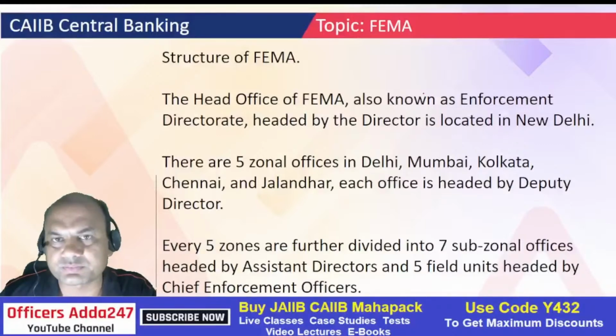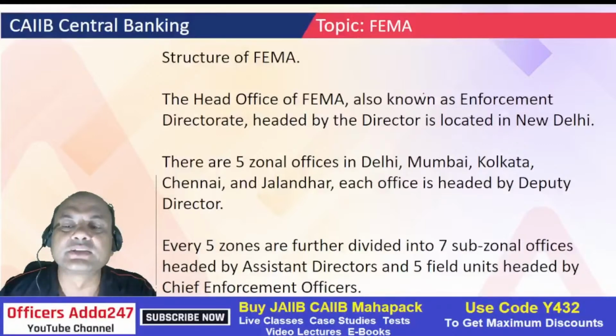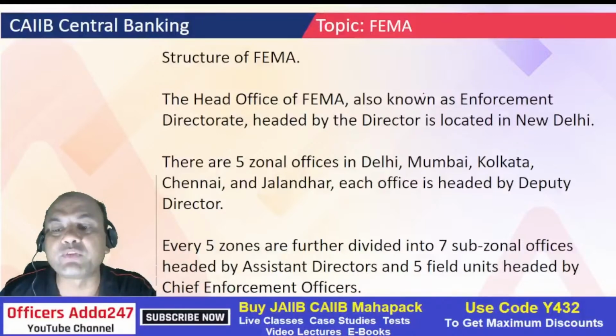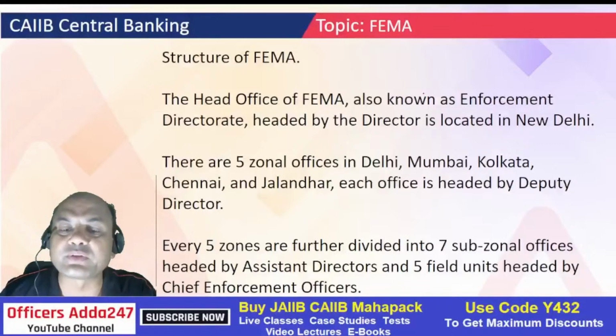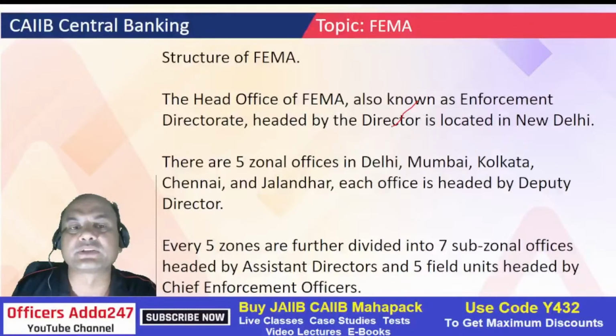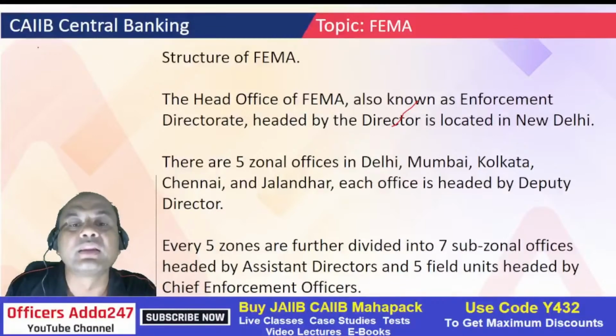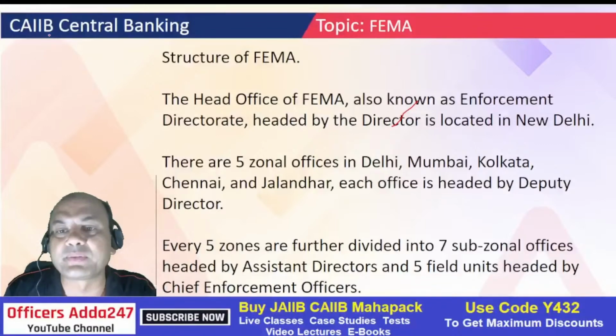Penalty for violation of the FEMA Act. Under FEMA, an adjudicator, an officer of ED, can impose a penalty of 3 times the sum of contravention involved if the sum is quantifiable. Means suppose he comes to know that the fraud is for, let's say, 100 rupees, so he can give a penalty of 300 rupees. In case the contravention is not quantifiable, the penalty is set at rupees 2 lakhs. So if not quantifiable, then 2 lakhs. Further, where the violation is continuing,